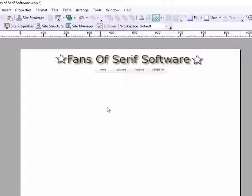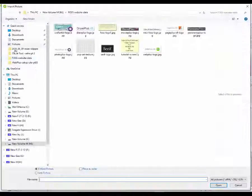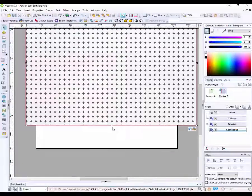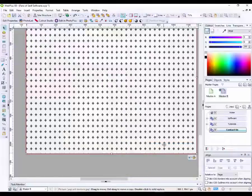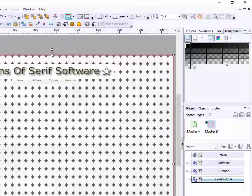So at the moment I will leave it as it is, because I don't have a big blue heading background up here, so the blue of the master A page may not look as good. But what I will do is I'm going to add a background image, which is this dots. Here, let me just drag this down. And I'm going to right click this and then go to arrange and then send to the back. And as you can see, this is now behind these other items,